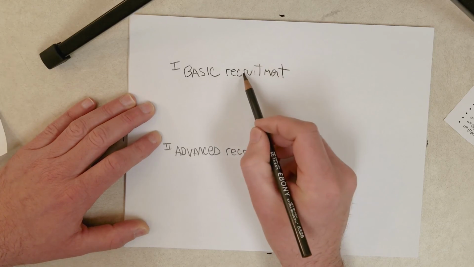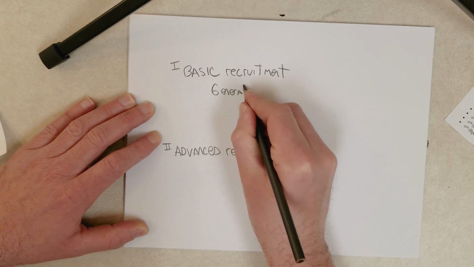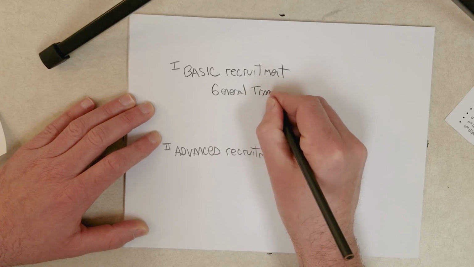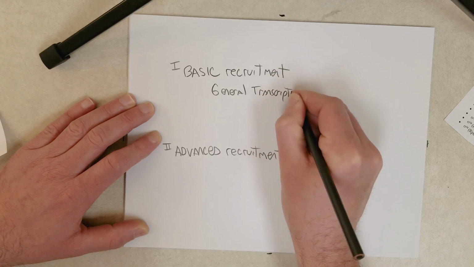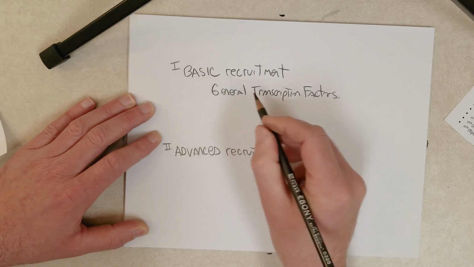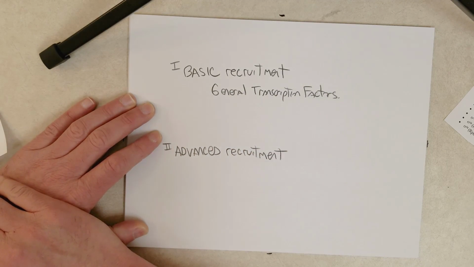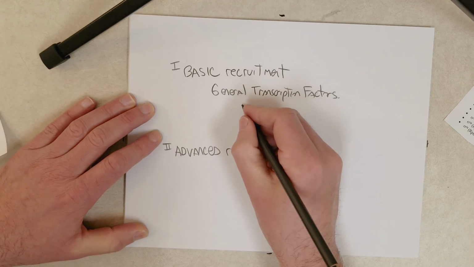So basic recruitment involves the general transcription factors. Each RNA polymerase has a set of general transcription factors that are in charge of recruiting that RNA polymerase to the promoter. And they have names like